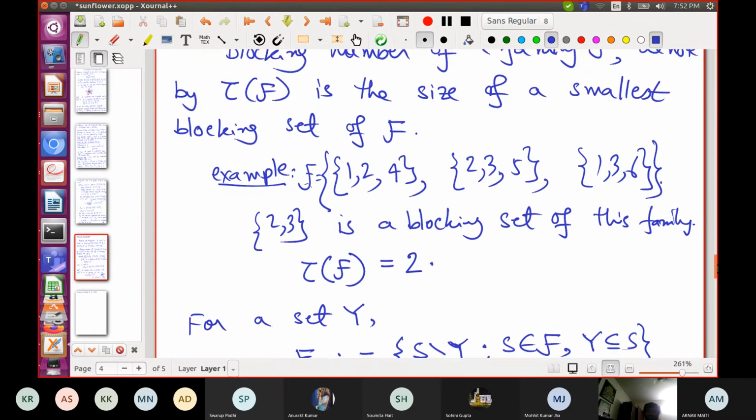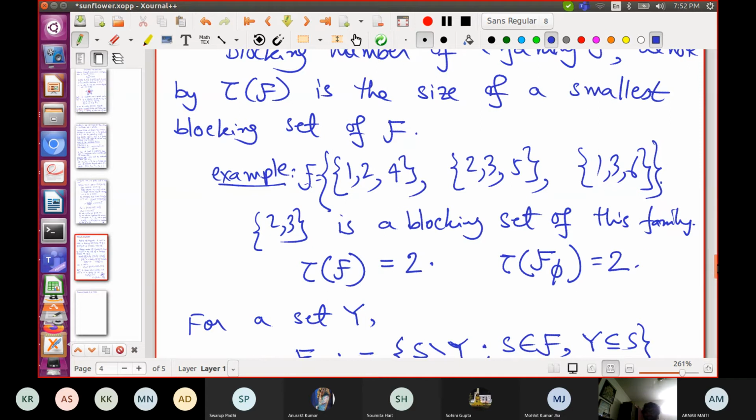So for instance here, this family is a flower with 2 petals. Why? It's a flower with empty core and 2 petals simply because if I look at the blocking number of F sub empty, this is equal to 2. So this is the definition of a family being a flower with 2 petals and an empty core, but I can't tell you what these 2 petals are.